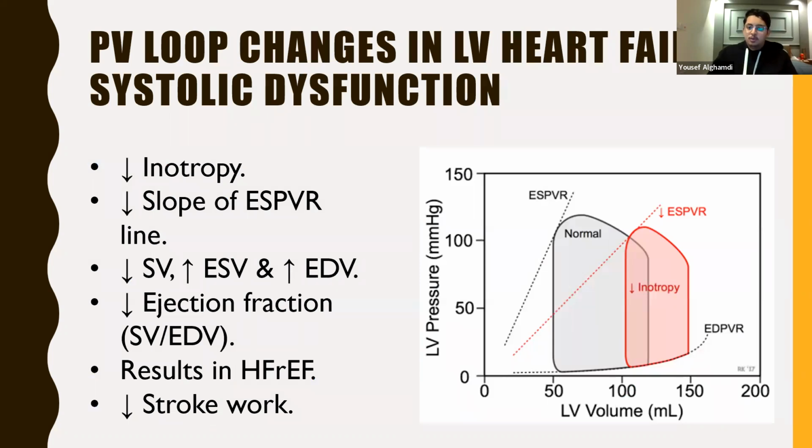Okay, pressure volume loops. So before we start, this is your diastole and this is your systole. Systole starts here and ends here, your diastole starts here and ends here. This is filling, this is ejection. So your PV loop changes in left ventricular heart failure, in systolic dysfunction. We're only going to be talking about